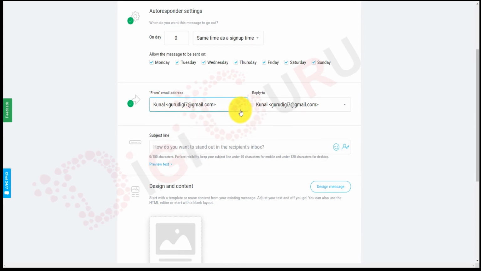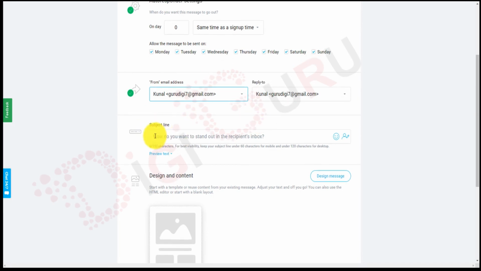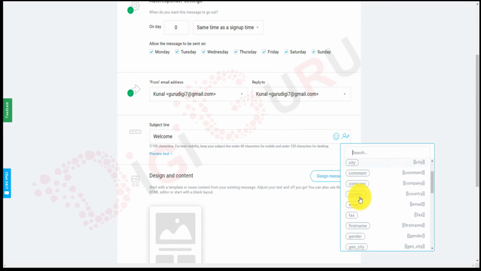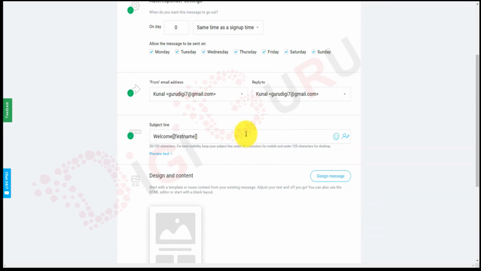Once I've selected the email ID, the next thing which is coming is again the subject line. The subject line acts very similar to the newsletter when we were designing. So indirectly, in autoresponder also, we are sending the emails only, the newsletters only. You can make a specific heading. Because this is kind of a welcome email, I'll welcome the person, welcome, I'll write his name out here, I'll take his first name, and give a little space between welcome and his name. So suppose it is my name, it's saying welcome Kunal